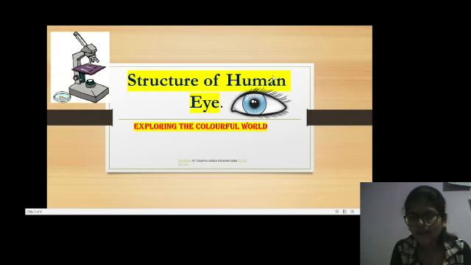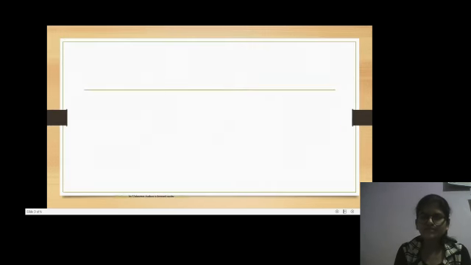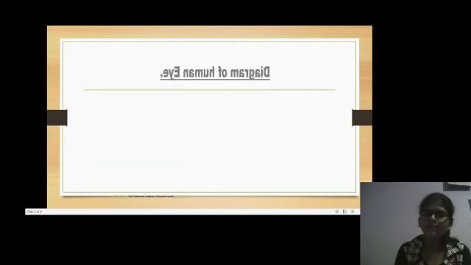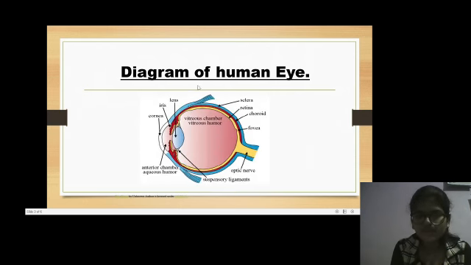So this is how our eye looks, but this is not the real structure of our eye. This is the external view of our eye, and today we are going to learn about the internal view of human eye and its structures. So let us move towards it. I would like to explain the structure with the help of a diagram of the human eye. So this is a basic structure of human eye, a diagram of human eye. So let us begin with this